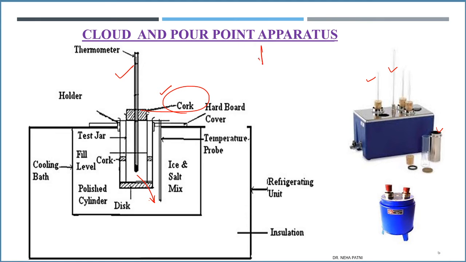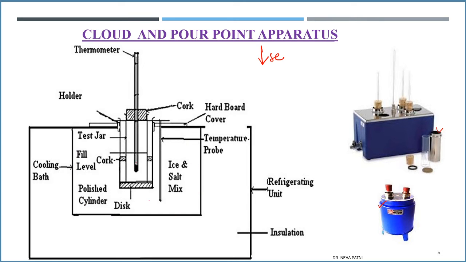Now as I said, we have to decrease the temperature, so you have to make some arrangements for decreasing the temperature. You have to keep it in a container wherein you put an ice cold mixture. This outer container is filled with water or some mixture like water around. If you don't want to lower the temperature much, then you can simply keep ice here, and further you can use an ice and salt mix. Or if you want to decrease further, there are other alcoholic solutions which you can mix to lower the temperature further. So this is basically your cooling bath.